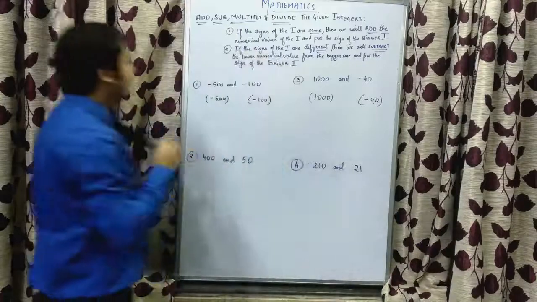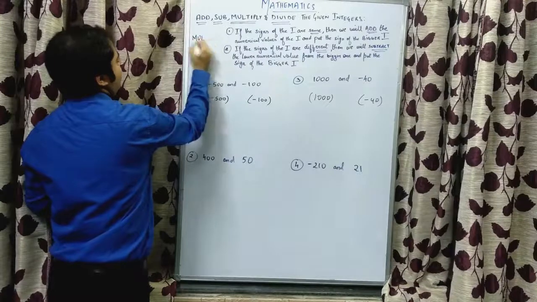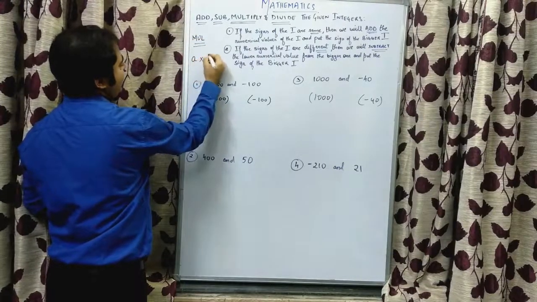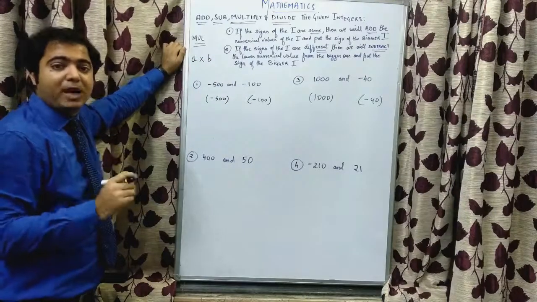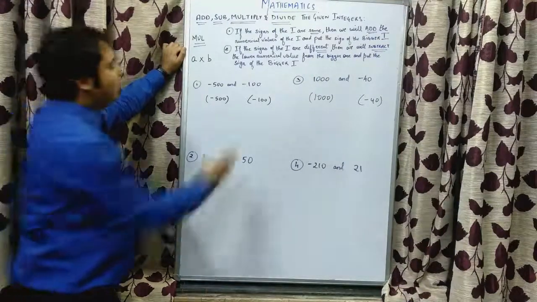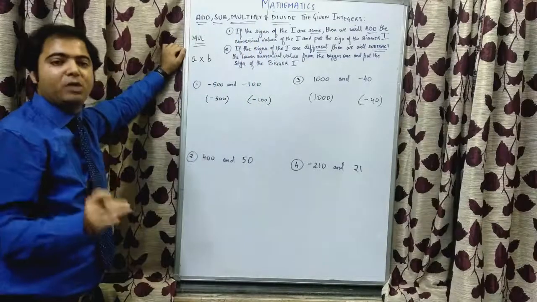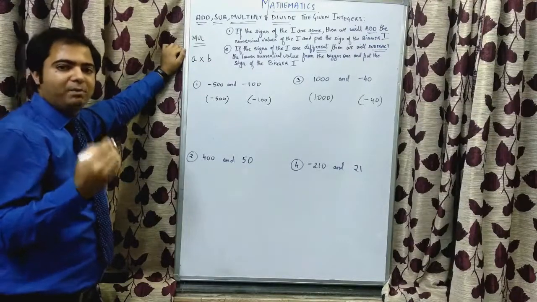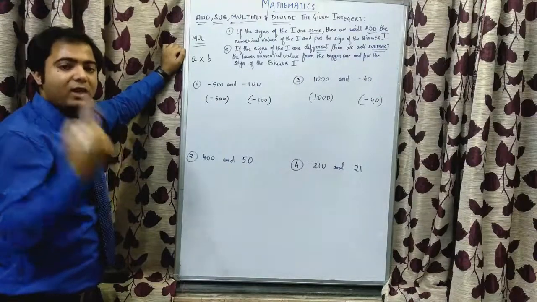For multiplication, children, we need to understand the following thing, that if two integers, suppose a and b, are to be multiplied, the numerical value of the integers will be multiplied with the numerical value of the integers, and the sign will be multiplied by a sign. We will not follow this rule anymore. This was for addition and subtraction. We will be following a simple rule for multiplication and division. The numerical value of the integer will be multiplied with the numerical value, and the sign of one integer will be multiplied with the sign of the other integer.